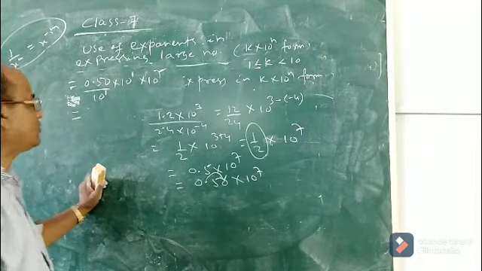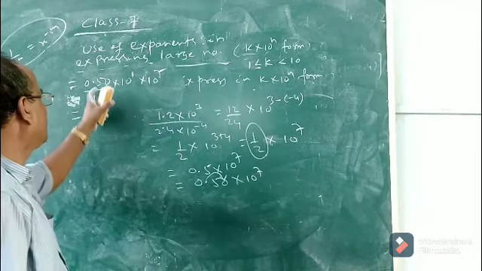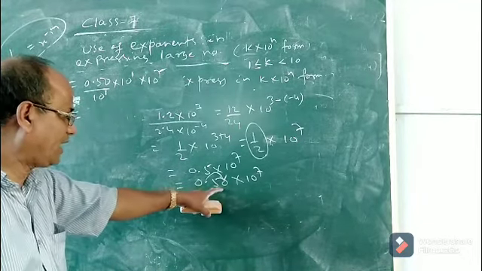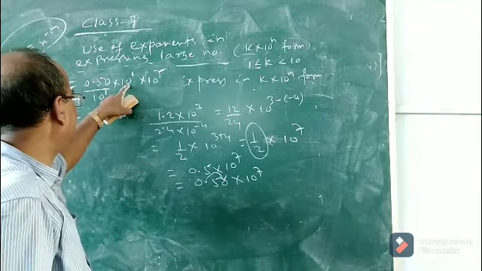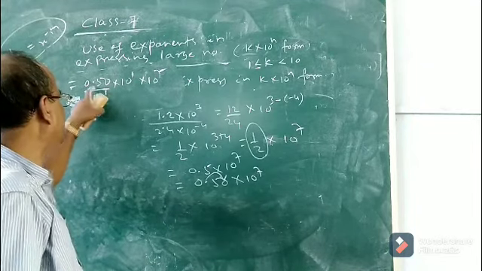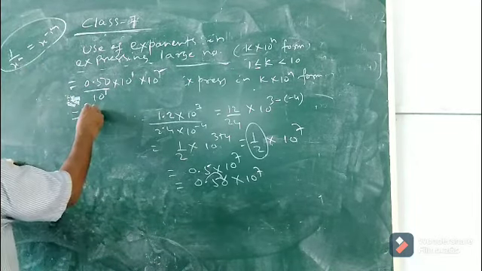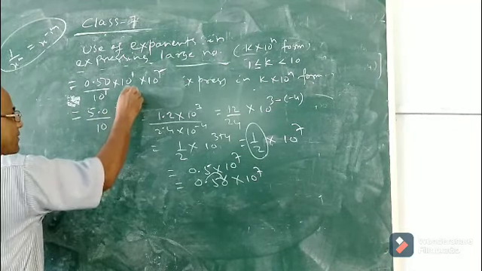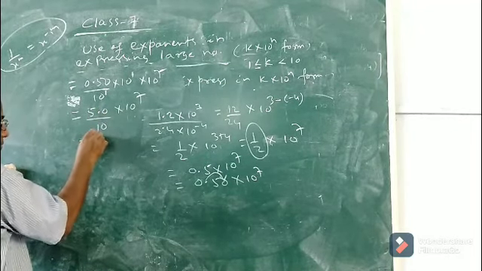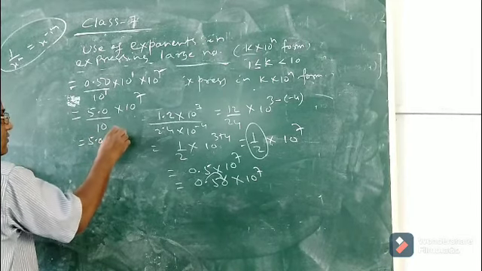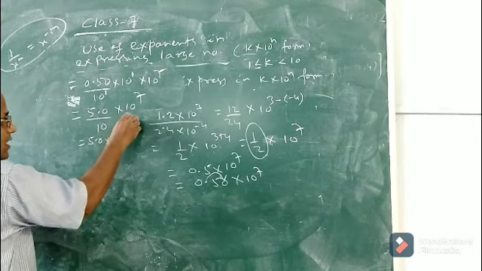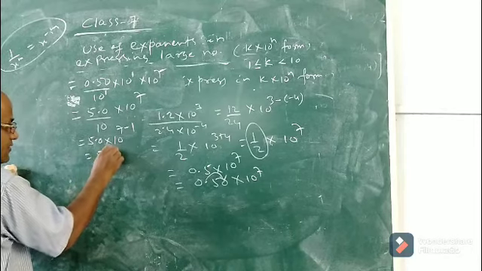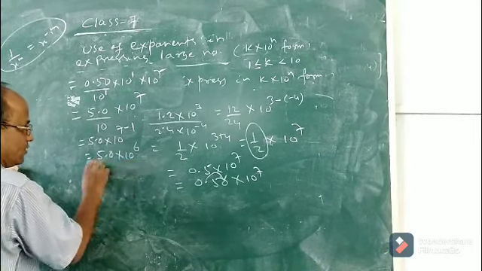Okay. Now the point is shifted from left to right. So what I had said, you have to remember, when the point is shifted from left to right, you multiply this and keep this one silent. That means it will be 5.0 by 10 into 10 to the power 7. So it will be 5.0 into 10 to the power 7, and here the power is minus 1. So 5.0 into 10 to the power 6. This will be the required answer.